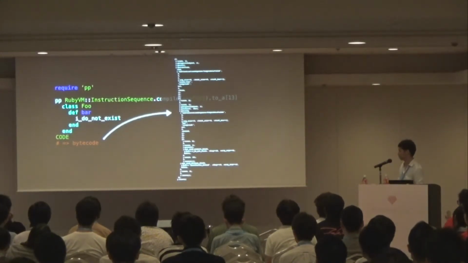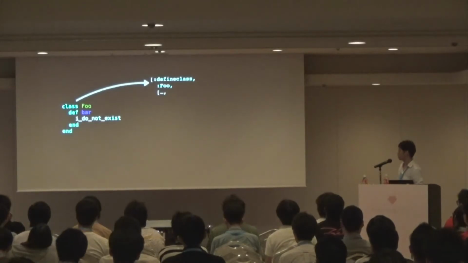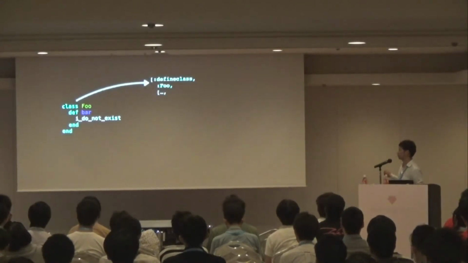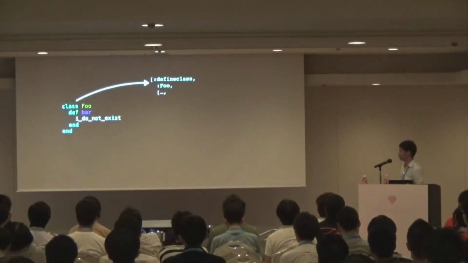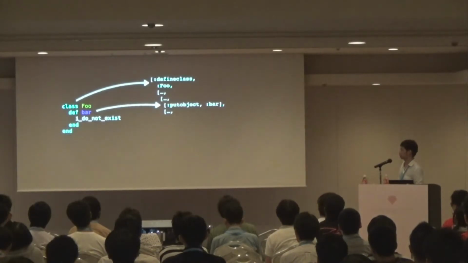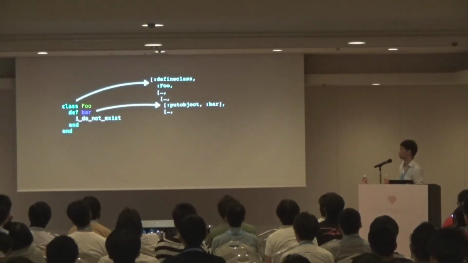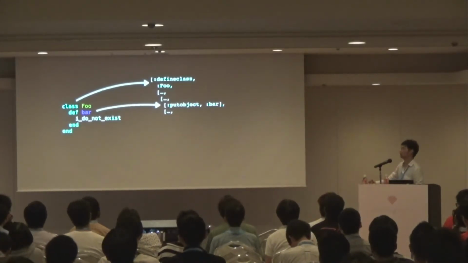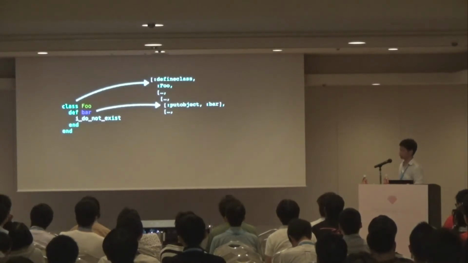So I'm going to summarize this to this. If you have class Foo, what you can find is defineclass Foo. So Ruby can define a class called Foo. And then the next one is obviously def bar. In the bytecode, it is actually called putobject. And there are surprisingly many things happening between Foo and def,